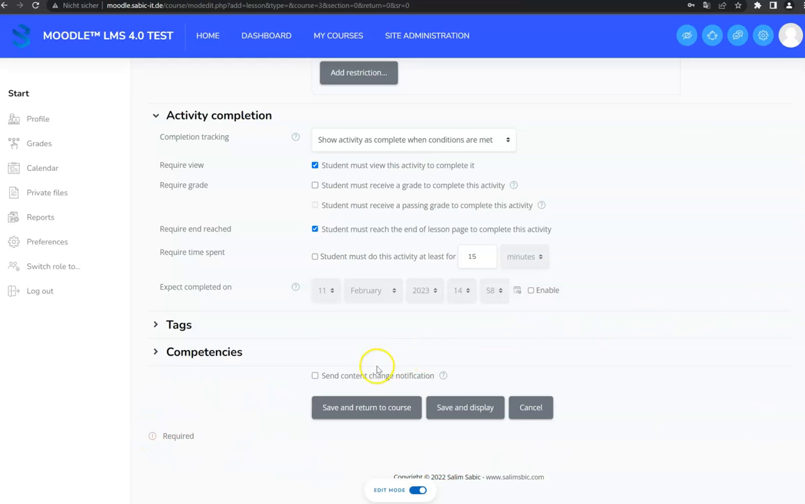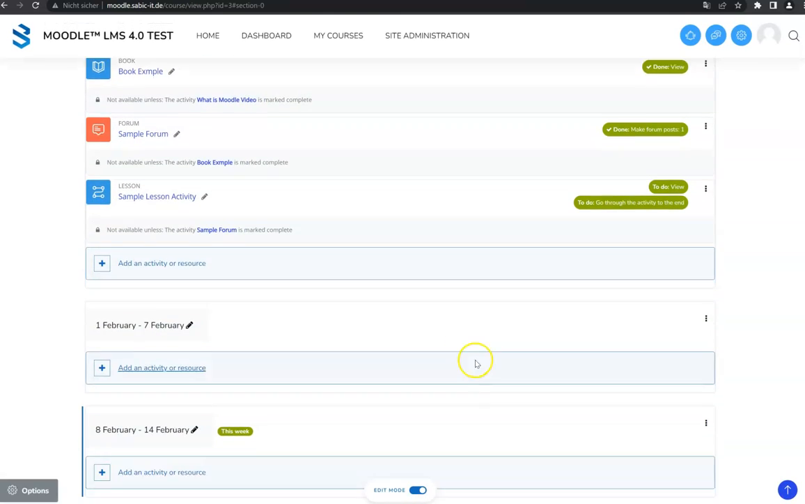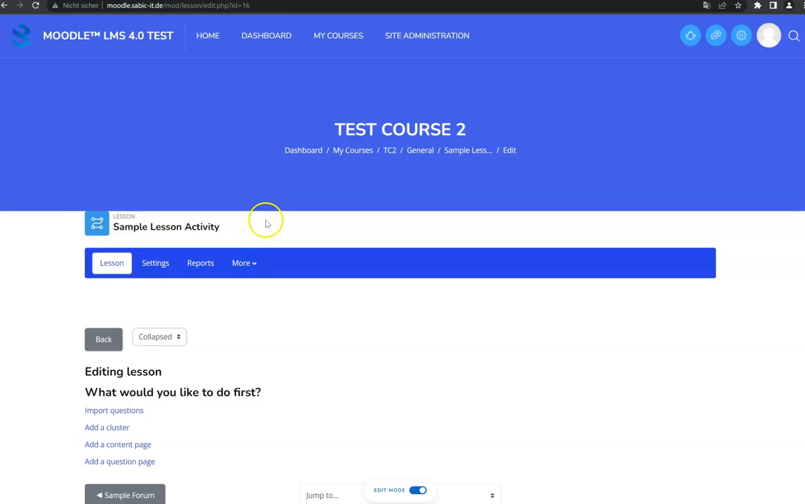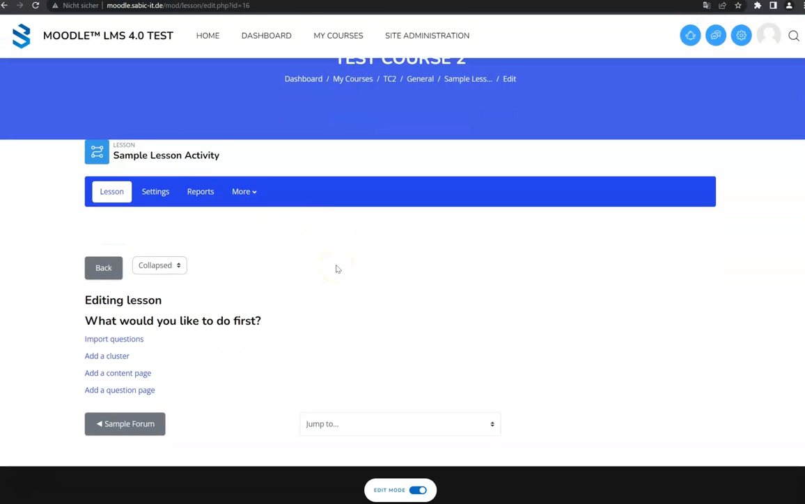I will save and return to the course. And when we go here, we can see our sample lesson activity. And when we click on it, we can basically see that we have an empty lesson. What we need to do now, we need to add pages, content pages, because